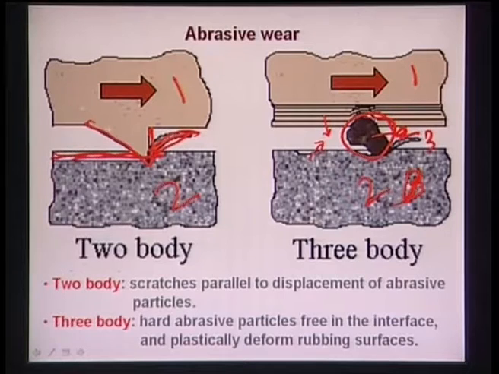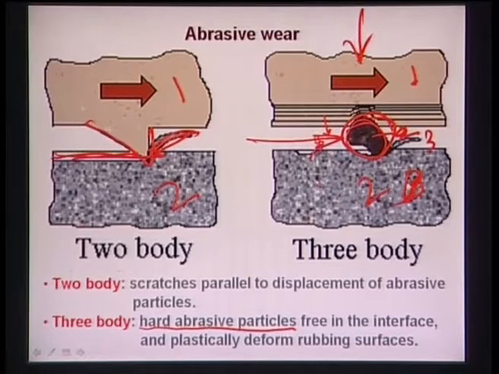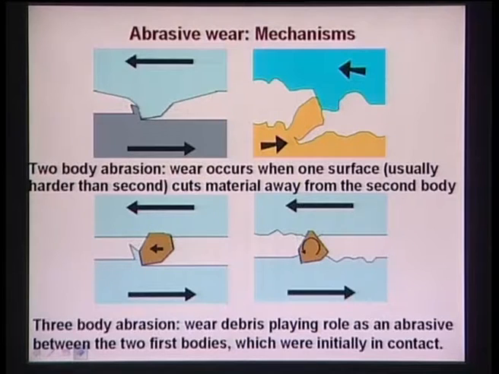These wear particles are called body 3. Now, in the loaded contact, when one body is in relative motion with respect to the other body, these wear particles contribute to friction and wear. These wear particles are typically hard abrasive particles, and they can either be intentionally introduced between the two bodies, or be self-generated during the wear experiments themselves. This is a little more on abrasive wear mechanisms. This is called two-body wear, and this is called three-body wear.